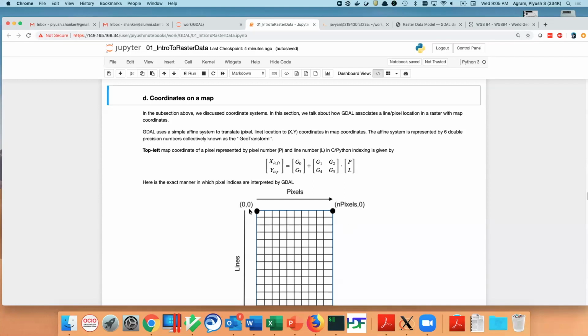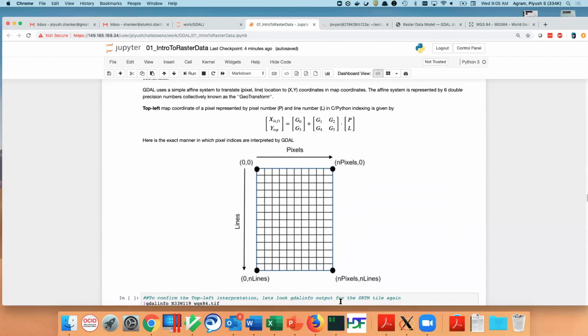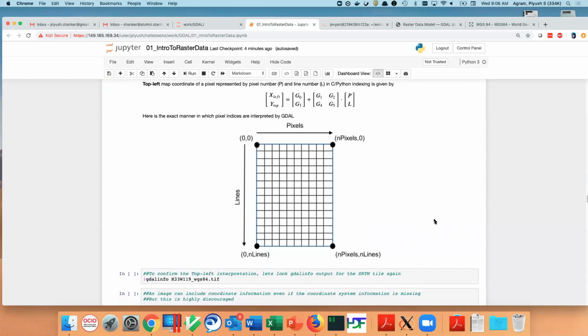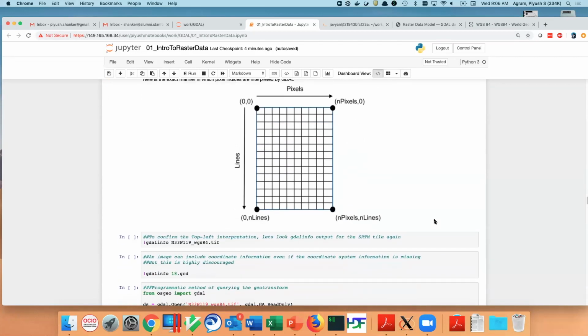And number of pixels and number of lines represents the bottom right corner of the 2D array. It's not the center, it's the top left. That's how you index in GDAL. And a good way to confirm this is SRTM, which we know is centered on the integer lat-lon